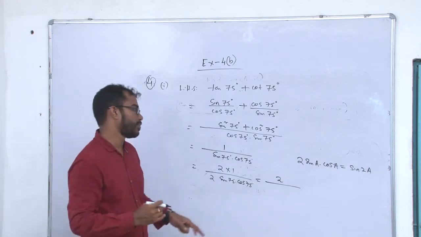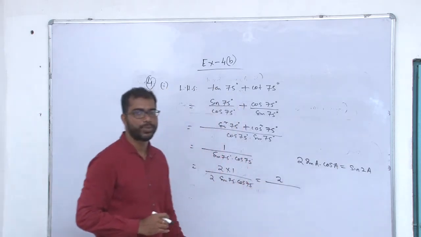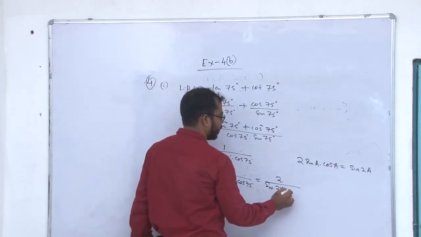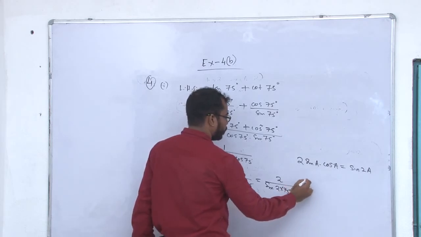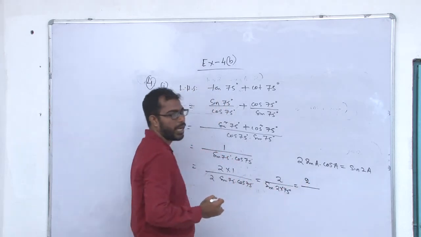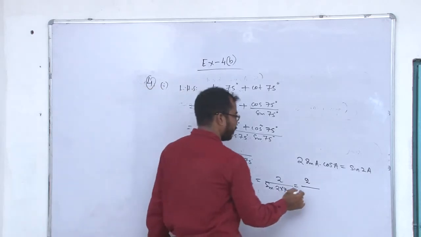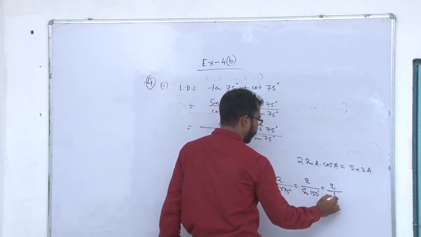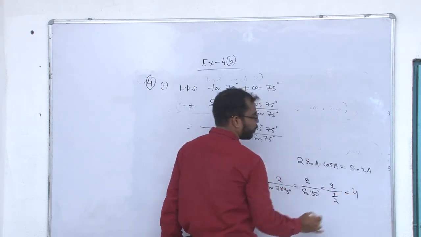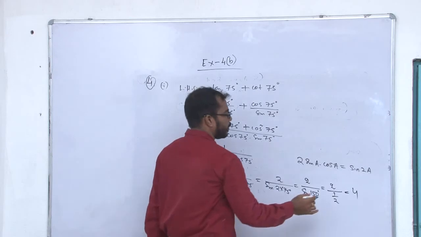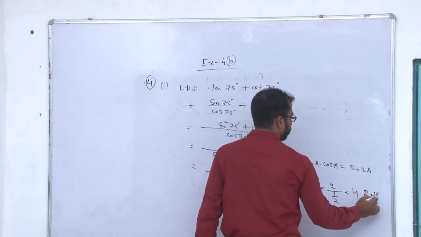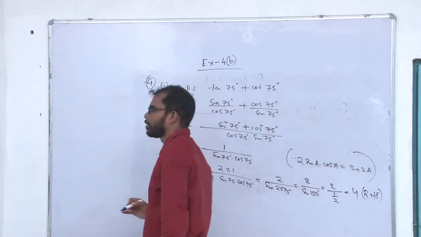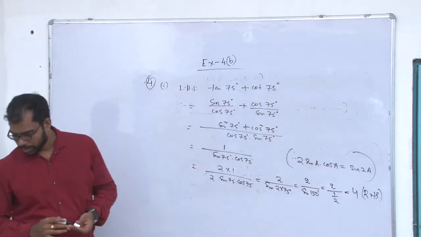That means we can apply this formula in terms of sine only. So here you can write 2 by sine 2 into 75 degree, that is sine 150 degree. That is equal to 2 by 1 by 2, and that is equal to 4. And 4 is the RHS part of the given expression, and this is the formula that you can use. Okay. Next,